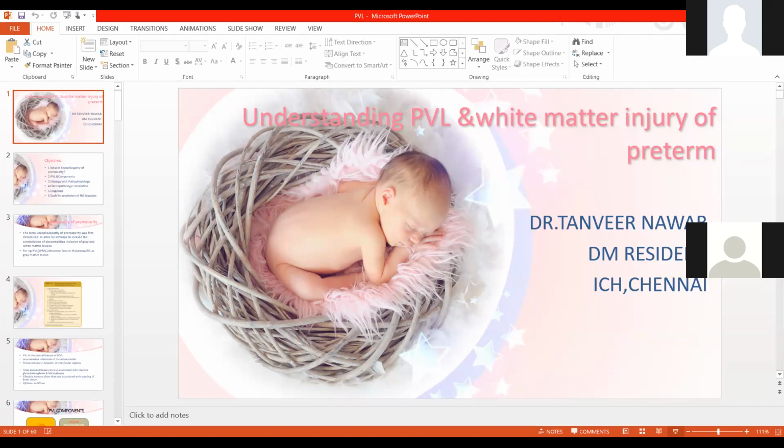Now, during the early 80s, early 2000s, there was substantial research going on to identify the pattern of brain injury in the preterm. They found that there was a gamut of findings and they were not able to put all the findings under one head. It was at this time that a very eminent neurologist, Dr. Volpe, whom we are all aware of, he proposed